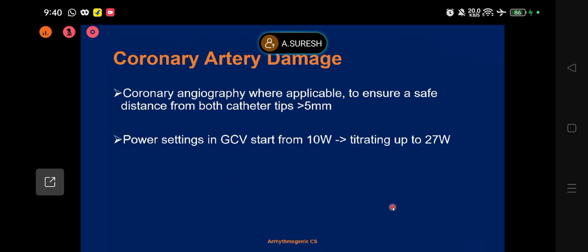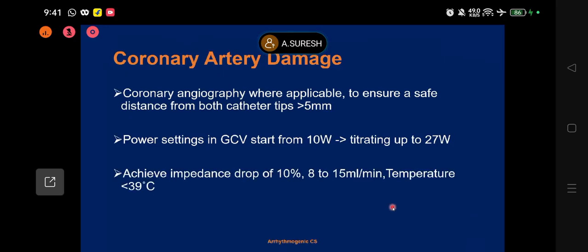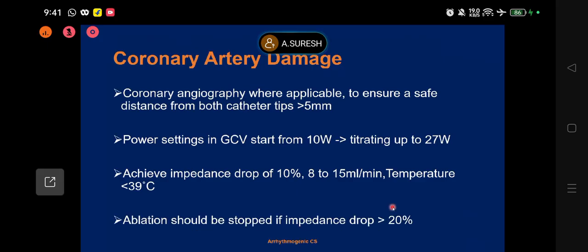So we should do a coronary angiography to ensure a safe distance from both catheter tips, at least more than 5 mm. The power setting in GCV should start from 10 watts, titrating up to 27 watts, achieve impedance drop of 10%, 8 to 15 ml per minute, temperature less than 39 degrees centigrade, and ablation should be stopped if impedance drop is more than 20%. So these are the things which we have to take care of when we are doing ablation within the coronary sinus